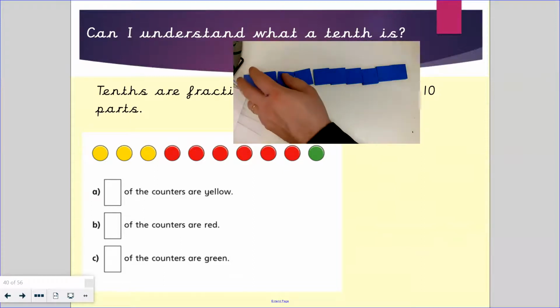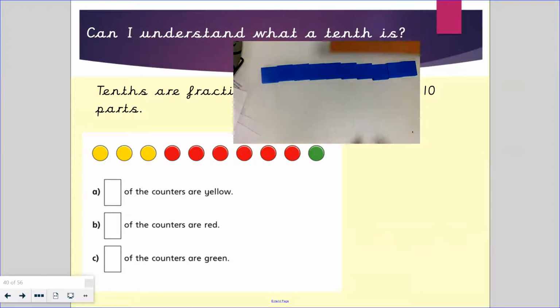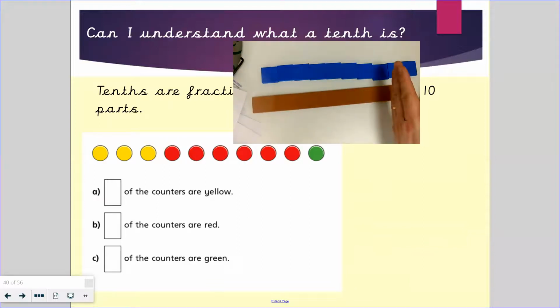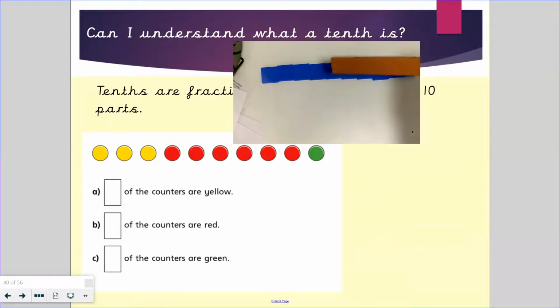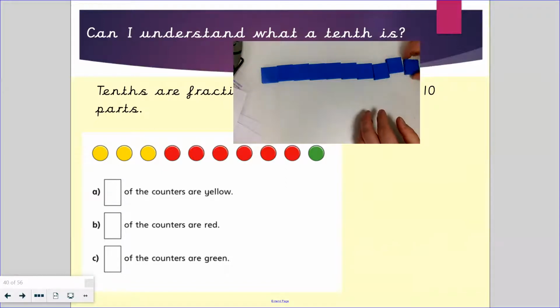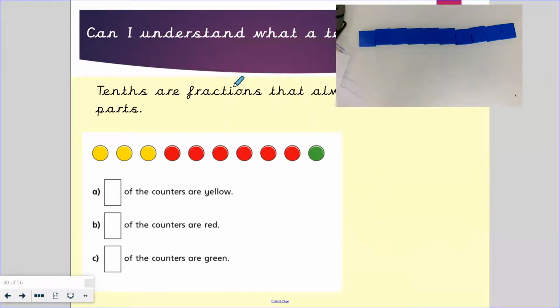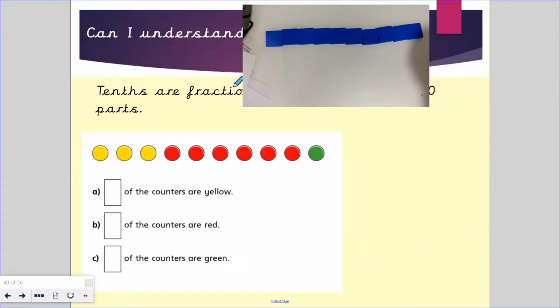So now I have my one whole that I had here. I've now cut it up into 10 equal parts. Each one of these is known as a tenth. And a tenth is what we're looking at today. So each one of these represents a tenth. If we were to write a tenth as a fraction, I'll write it down here, it would be